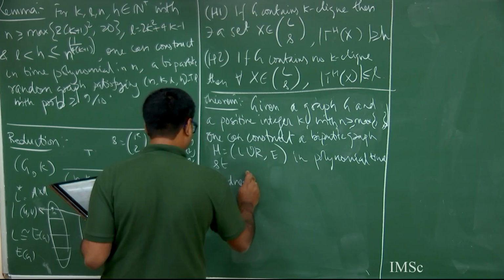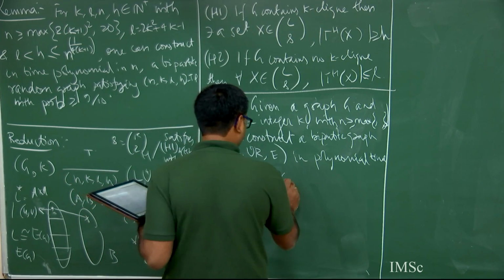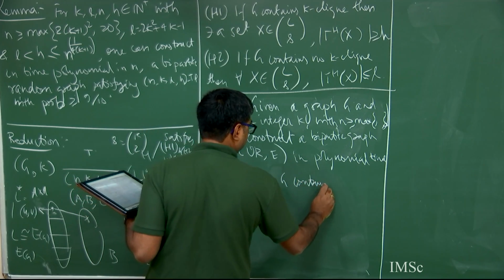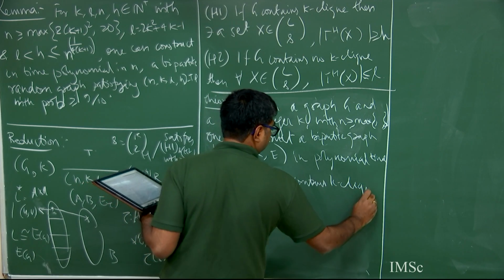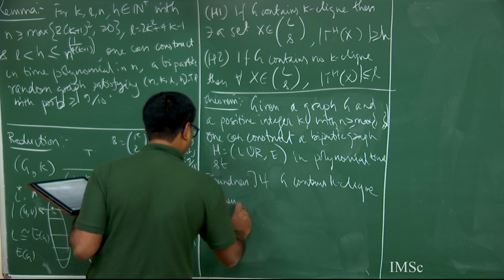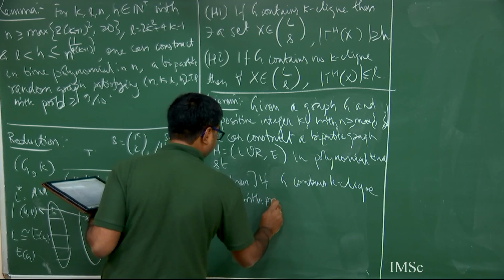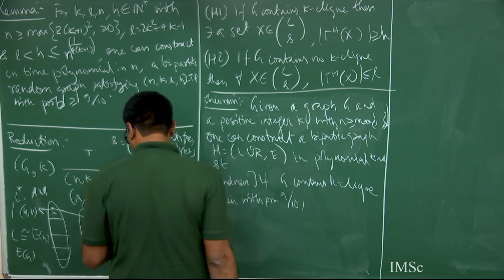What was my soundness? If G contains a k-clique, then with probability 9/10